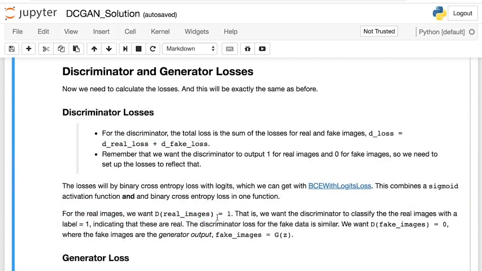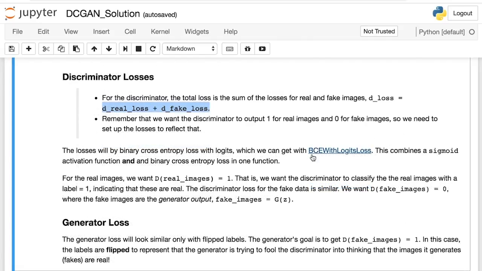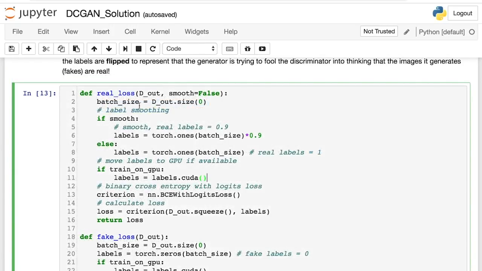Then moving on to defining our loss functions. I know that I'll have to utilize a real and fake loss to check whether the discriminator outputs are close to the ground truth real labels or fake labels. And I'll be using binary cross entropy with logits loss. Just like last time, this combines a sigmoid activation function and a binary cross entropy loss in one function. So here I'm defining a real loss and fake loss function, and these are pretty much exactly the same as before. Here for the real loss function, I'm comparing the output of my discriminator to some ground truth labels that I define. These are either going to be 1s or smooth real labels 0.9.